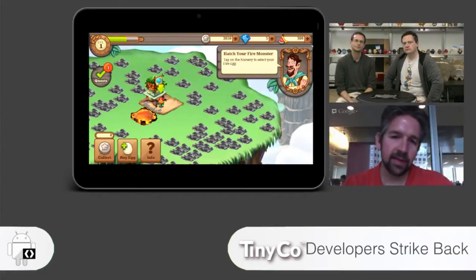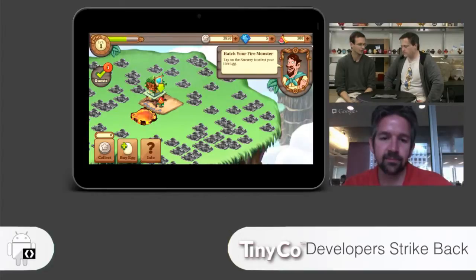Yeah, I don't have access to the monetization numbers, but I do know that the percentage of our users who are playing on a tablet has definitely been going up over time, and we definitely take that into consideration when planning new features, because we know that that's where a lot of our users want to play on a tablet. Yeah, that makes a lot of sense.